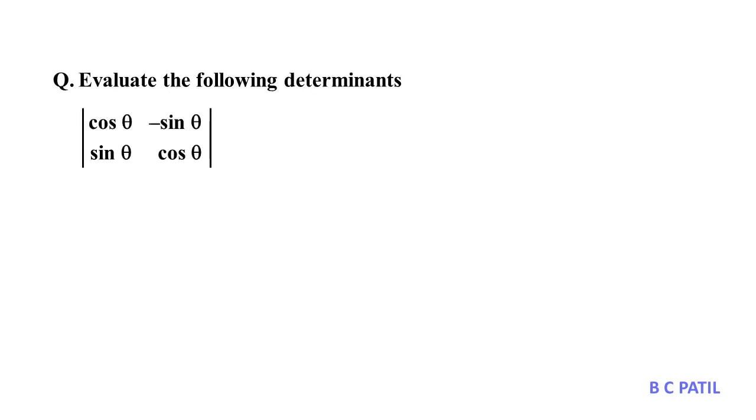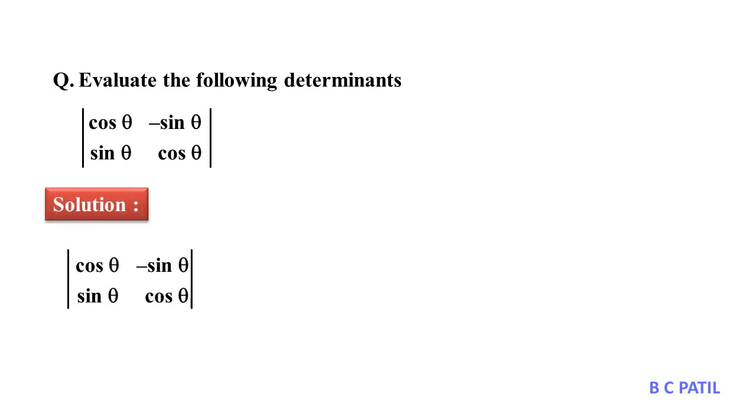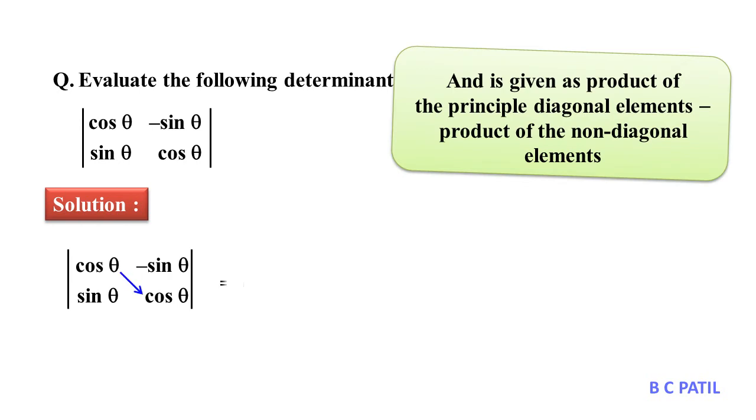Next example. Evaluate the following determinants. Matrix cos theta, minus sin theta, cos theta. Determinant value is cos into cos, that is minus. Next example. Evaluate the following determinants,